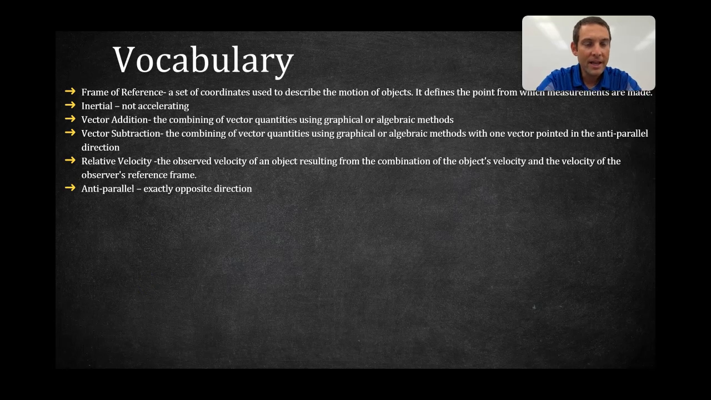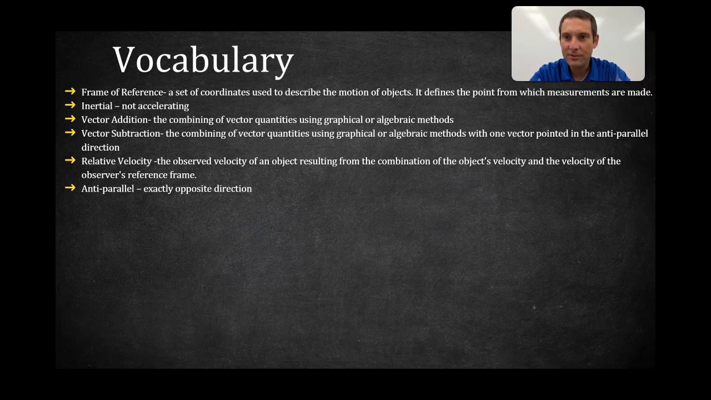Our vocabulary: a frame of reference is a set of coordinates used to describe the motion of objects. It defines the point from which measurements are made. Inertial means not accelerating, which could be constant velocity, or it could be stationary. Vector addition: the combining of vector quantities using graphical or algebraic methods. Vector subtraction is the combining of vector quantities using graphical or algebraic methods with one vector pointed in the anti-parallel